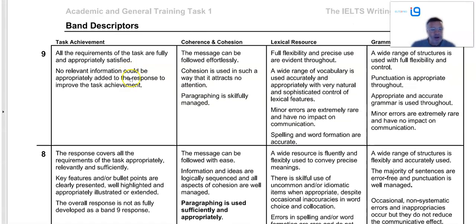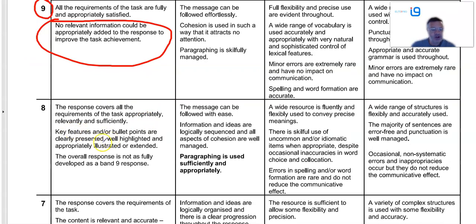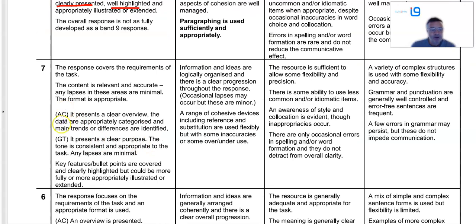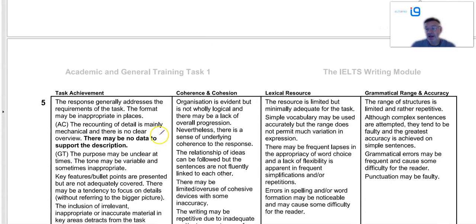And no relevant information could be appropriately added to the response. Task achievement score 9. Okay, key features clearly presented, highlighted. Overview, clear overview, main trends clearly identified. Okay, that's what we've got to do. And as I keep saying, you must have an overview, because if you don't have it,